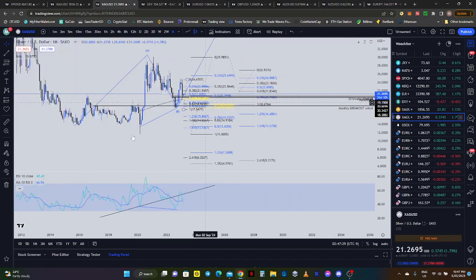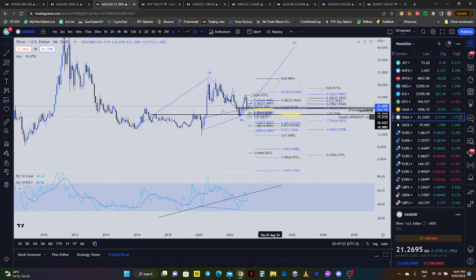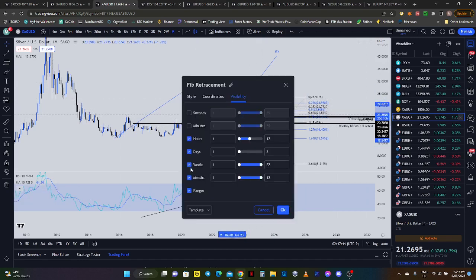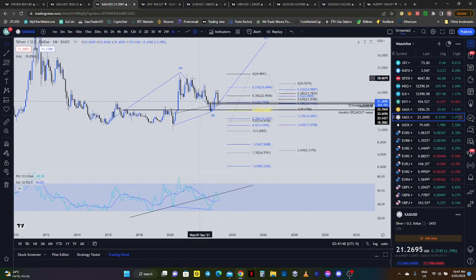Silver. So I've had this move going for some time. What can I do here? I'll take this one to a smaller time frame. So we got the correction through here, right? The 3 waves,